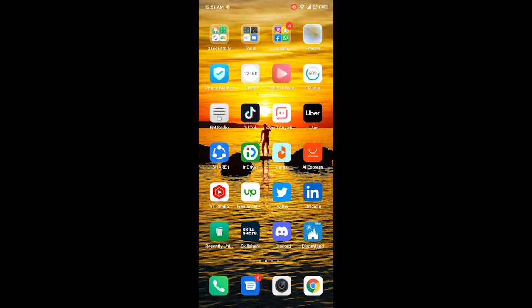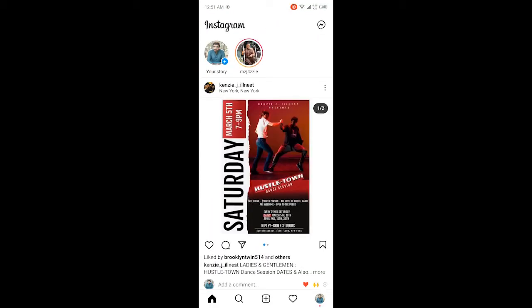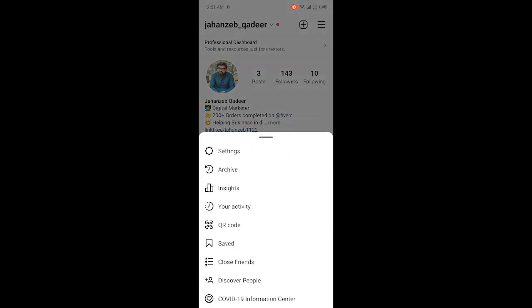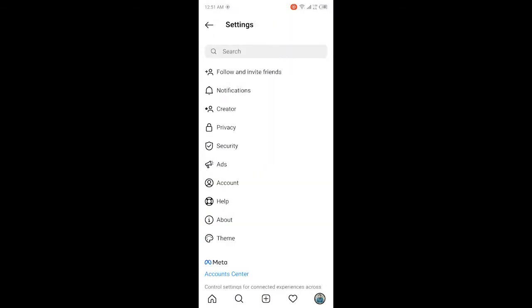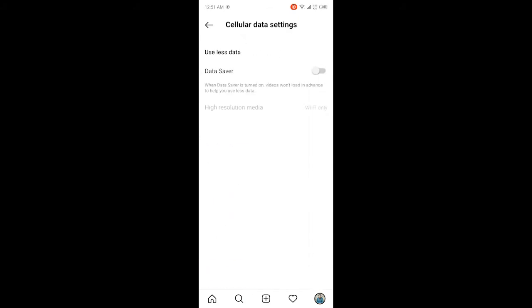First, you need to open the Instagram application. Once you open it, you need to click on your profile picture at the right bottom corner. Then you need to click on the three bars at the top right corner, and here you need to click on settings. Then you need to click on account, and then you need to click on cellular data use, and then